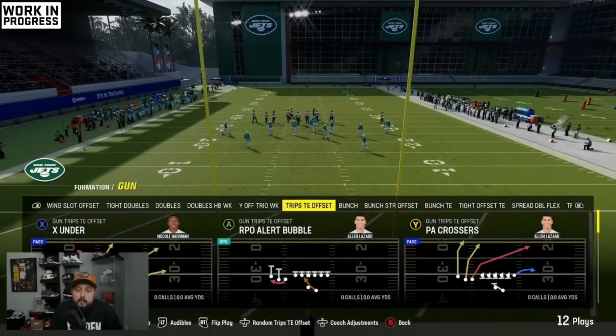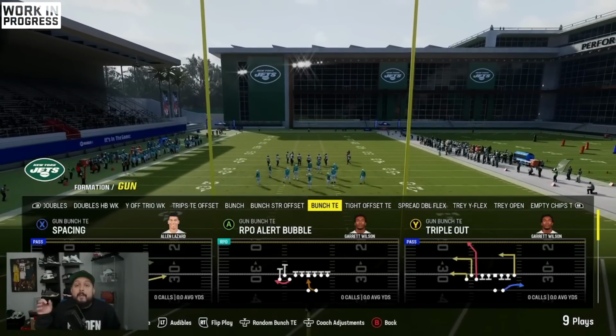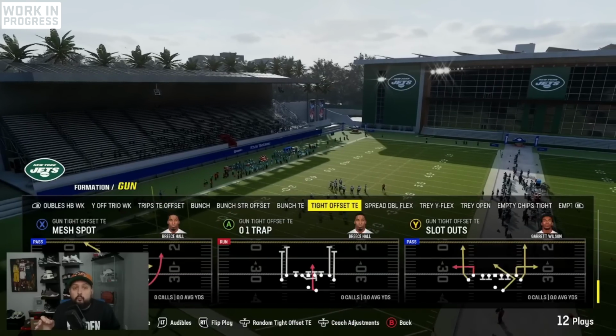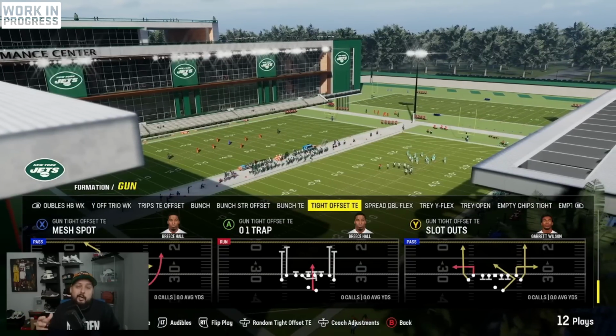So when you look at this, you're seeing trips tight end, bunch strong offset, bunch tight end, and then it's got tight offset tight end as well. This run of formations right here, that's insane. And tight offset tight end was one of the best formations last year. It's one of the best every year, but last year specifically it was even better because of the way people